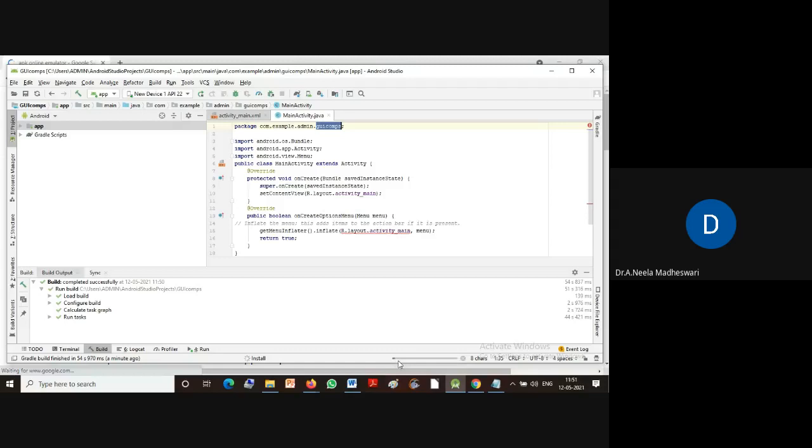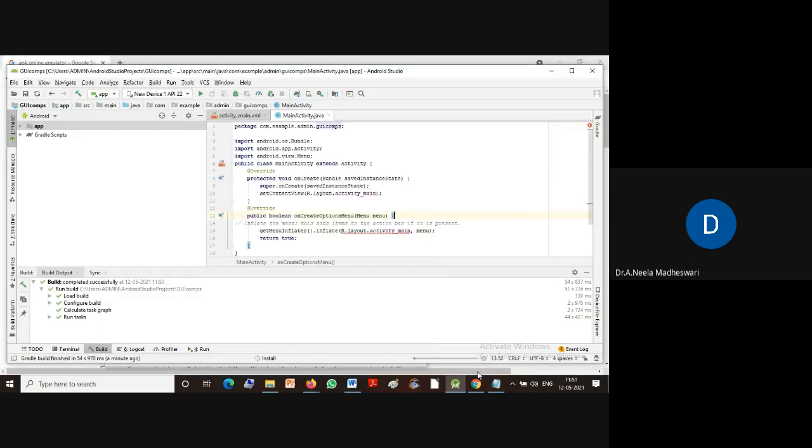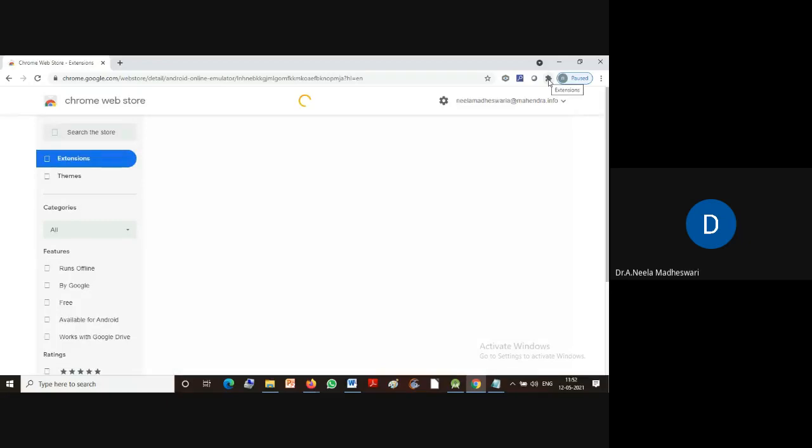You can see the progress of the execution will show in the status bar. Only a few seconds, it will take a good amount of time. Let us open from the Google Chrome itself. Once we have used it, it will sit in the Google browser itself in the form of an extension.